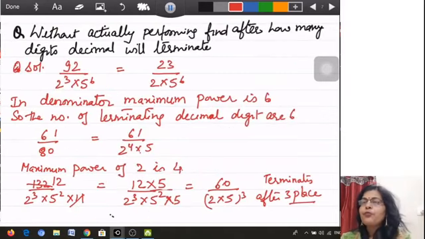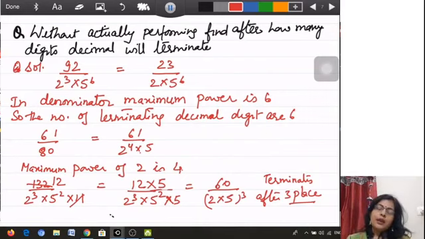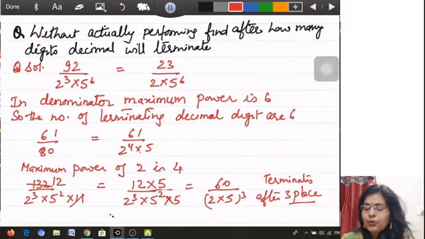Now, a similar type of question which is given in our book also, that you will very easily find normally in the examination also: without actually performing division, find after how many digits the decimal will terminate. This is a question where children sometimes simply see 2 is written and 6 is written, and they don't look into the complete question whether it is dividing or not. Simply they will write after 6 digits. We have to first look into our question properly.